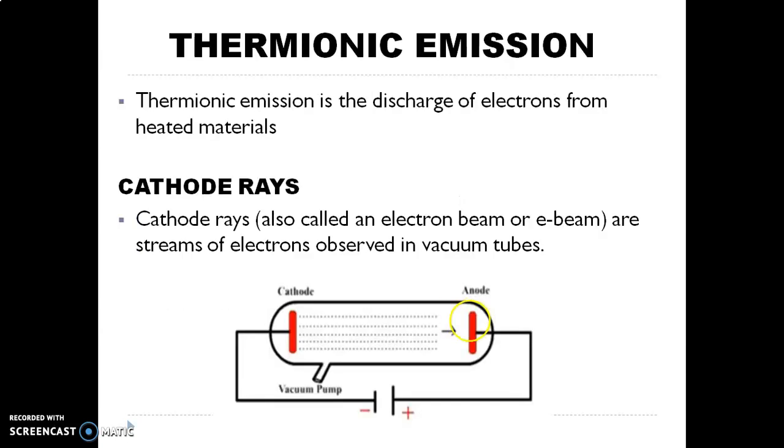Let's look here. Here we have this screen. Here we have the cathode electrode, and here we have the anode electrode. Once you apply electricity, it is converted into heat, and this heat tends to move the electrons from the cathode to the anode, because the anode is positive, so it tends to accelerate the electrons to the fluorescent screen. After the cathode rays hit this screen, it tends to glow.